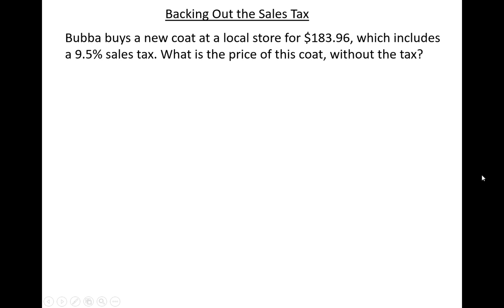It says Bubba buys a new coat at a local store for $183.96, which includes a 9.5% sales tax. What is the price of this coat without the tax? Well, think about what he paid. He paid for the coat, so he paid the price, plus he paid the tax. Now, the tax in this case